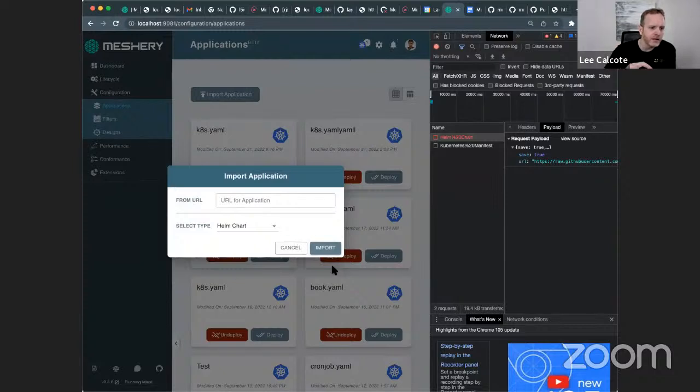Ideally, if they select something like a Helm chart, and the only supported file format that Meshery supports for Helm charts is a tar.gz, then we should disallow the selection of a file ending in the extension .yaml, because the user is bound to fail. So yeah, both of those preemptive measures make a lot of sense.